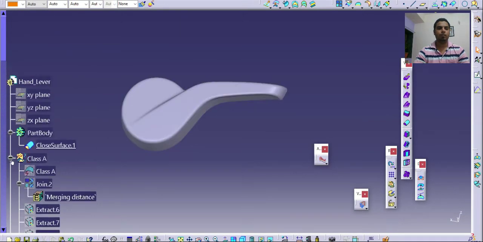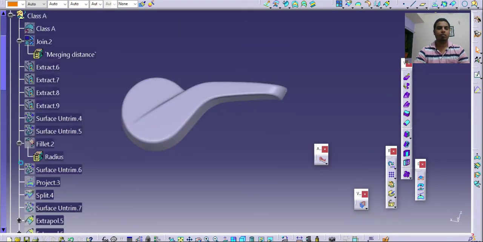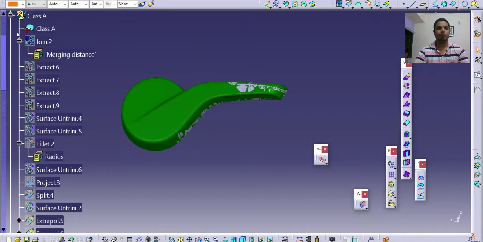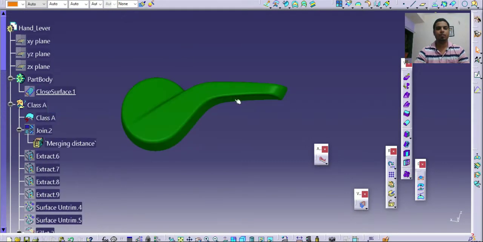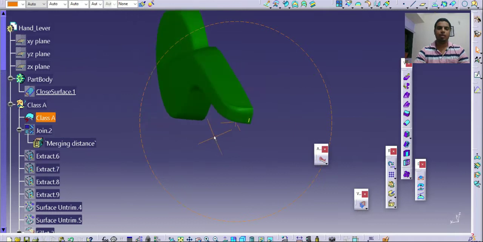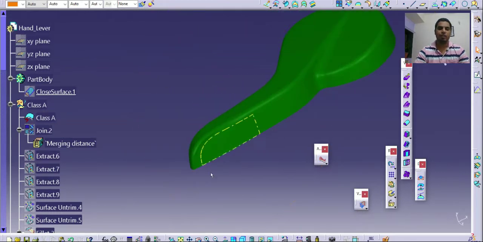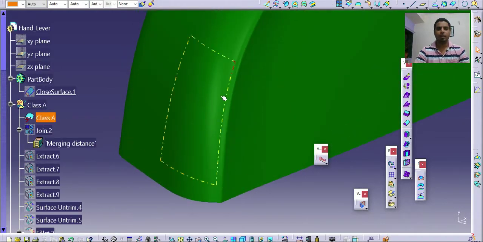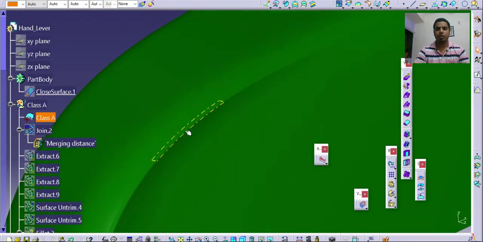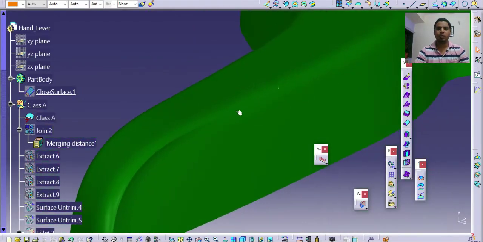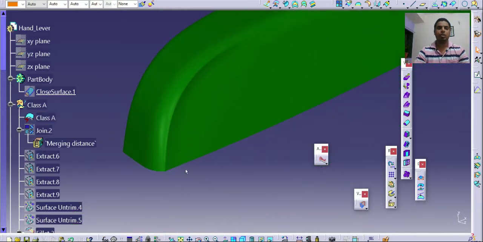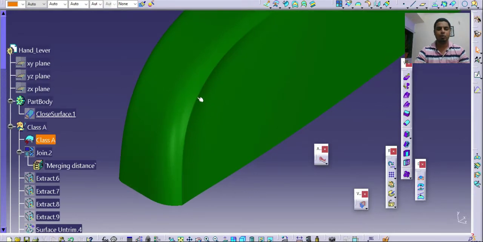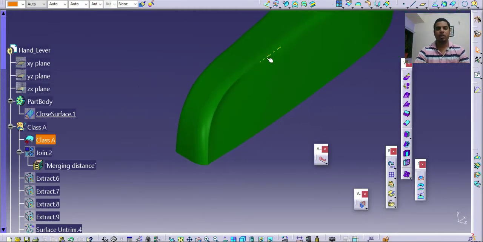Typically they will give you a class A surface like this one, and I will hide this body. This class A surface also has some defects. You can simply see at this location that the smoothness is not available. As a design engineer, you have to modify this portion, and after modifying it,